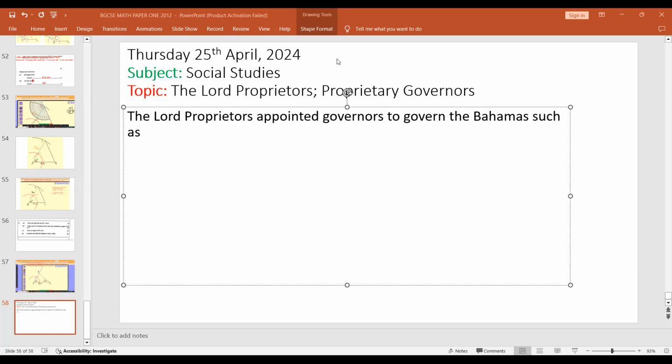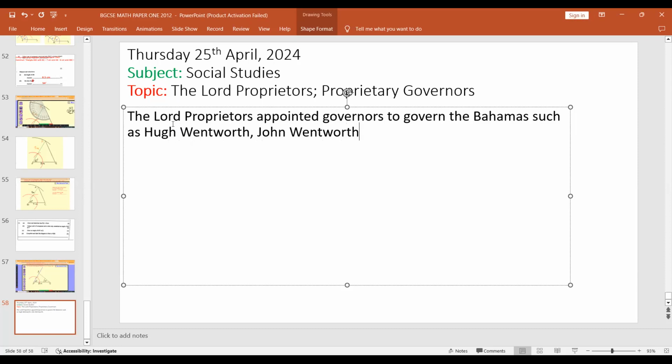Anyone ever heard of John Wentworth? Anyone ever heard of him? Yes, sir. So that's just some names that I mentioned, but there are several. Such as Hugh Wentworth. We're not gonna be able to talk about all of them because it's so long, but I'm just gonna give you a snapshot of who they were. So Hugh Wentworth. Then you have John Wentworth. Didn't he collapse? Who? Hugh Wentworth. We can talk about him right now.